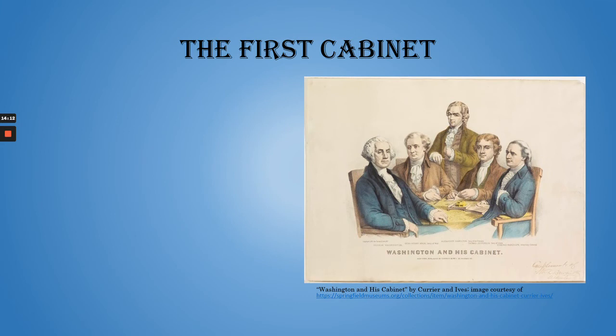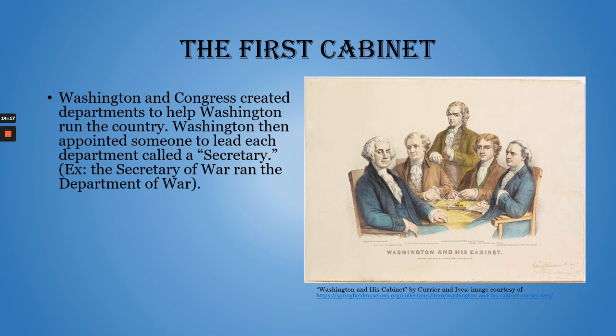All right, so I've hinted at this cabinet a lot, so let's talk about it. All right, so Washington and Congress create several departments to help Washington run the country. These departments are then going to be led by a person who's called a secretary. Okay? Now, this isn't a secretary like you'd see in an office building, someone who answers the phones or types up documents, mails letters, that sort of thing. This type of secretary is someone who leads an agency or a department. For example,